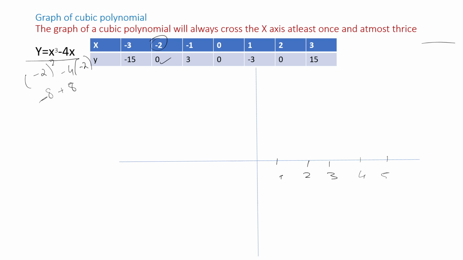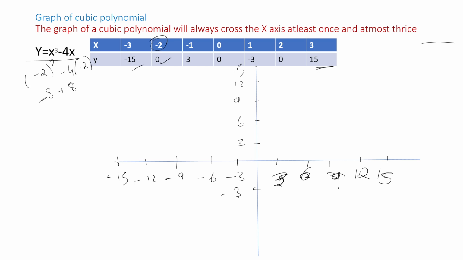Let us take 3, 6, 9, 12, 15 on the y-axis. Because we are getting 15 over here, I am taking one point as 3. Then minus 3, minus 6, minus 9, minus 12, and minus 15. Okay, so if you plot the graph,